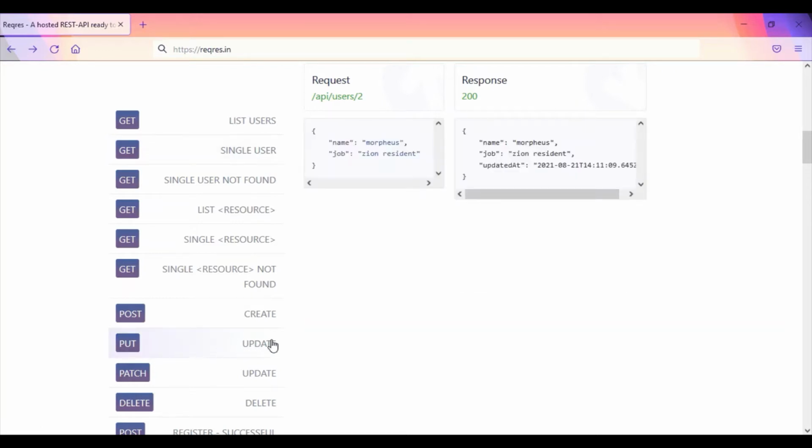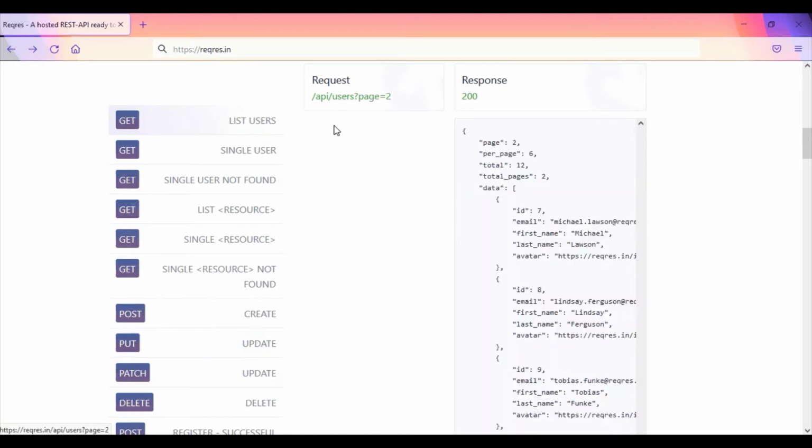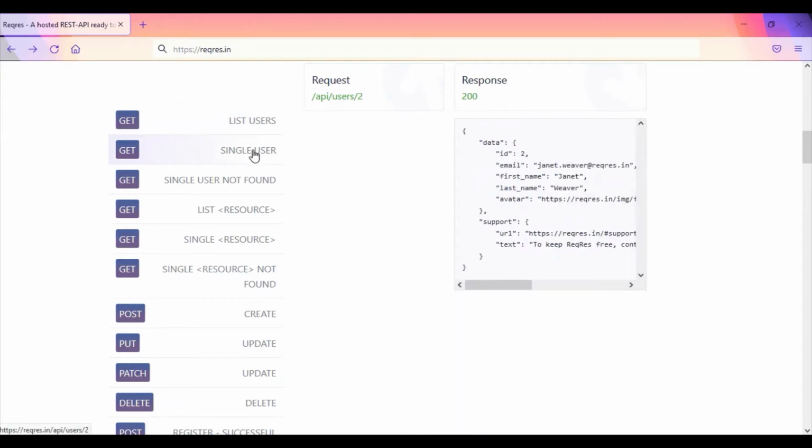We can see that PUT requires the position at which we're going to update our record. So far we have listed multiple users. If you click on single user for record number 2, we have the first name of Janet, and if you want to update the first name, last name and job of Janet, how will we do that?